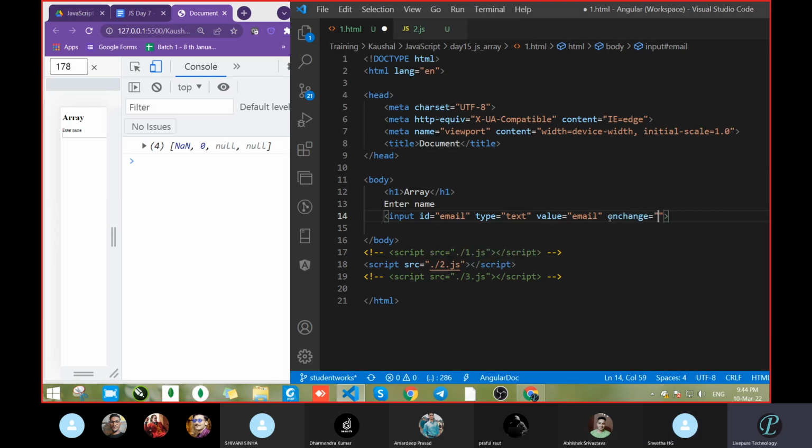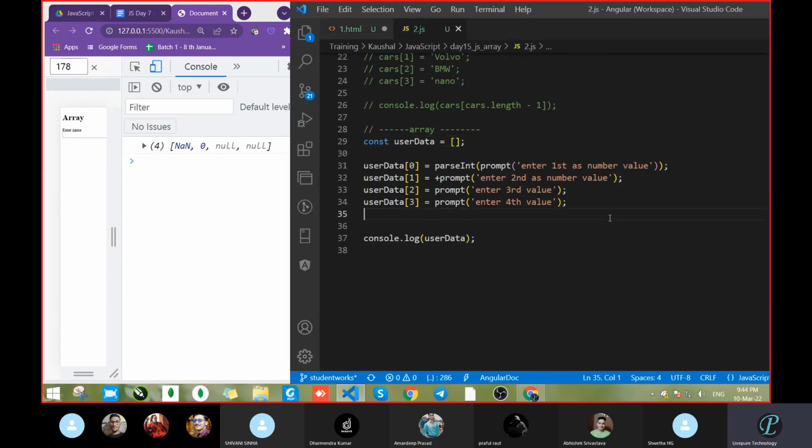So I will take onchange, email value, and then we will make the function call. Then we will create one function. It becomes lengthy, so I will not do it completely. I will give you just a hint.